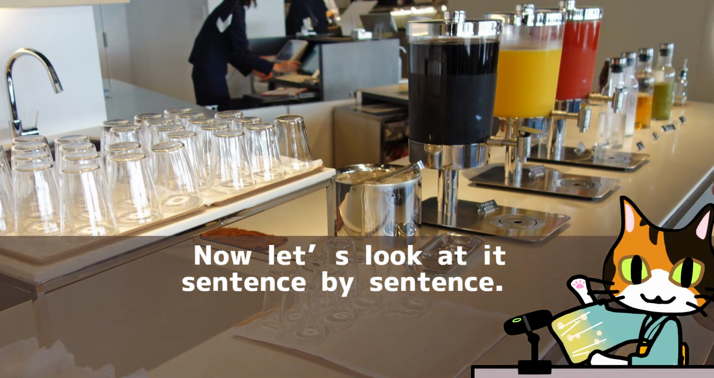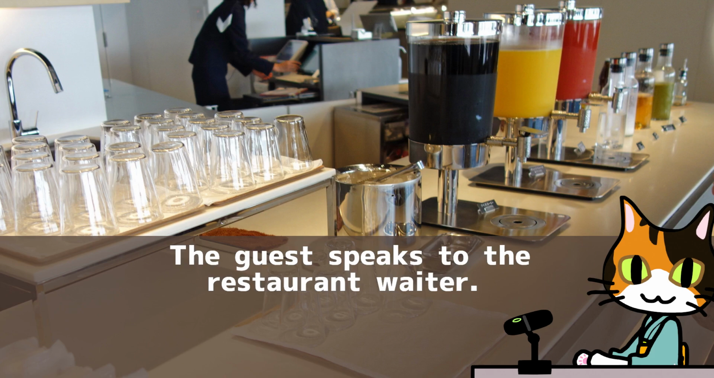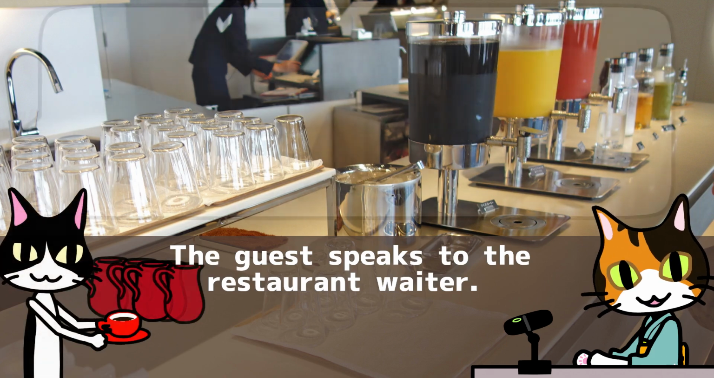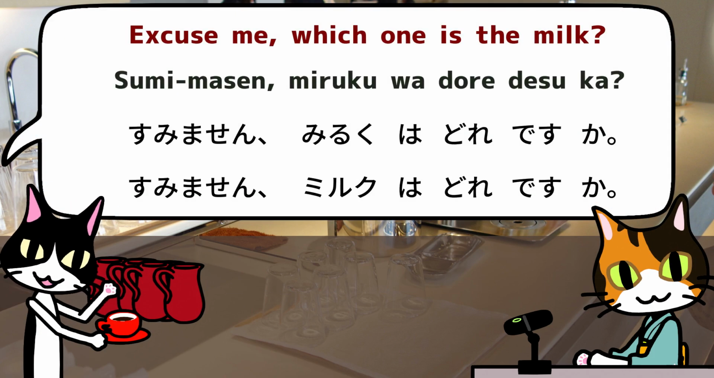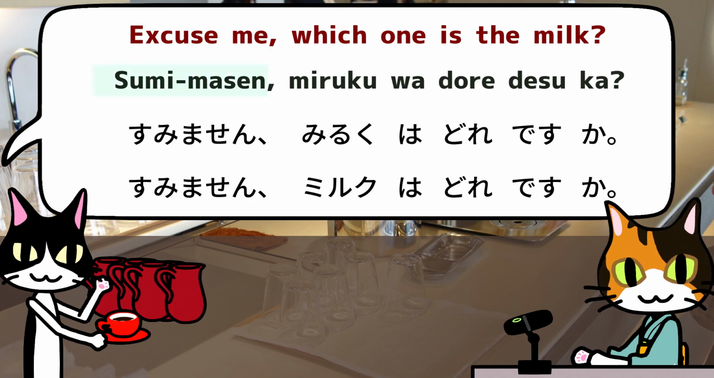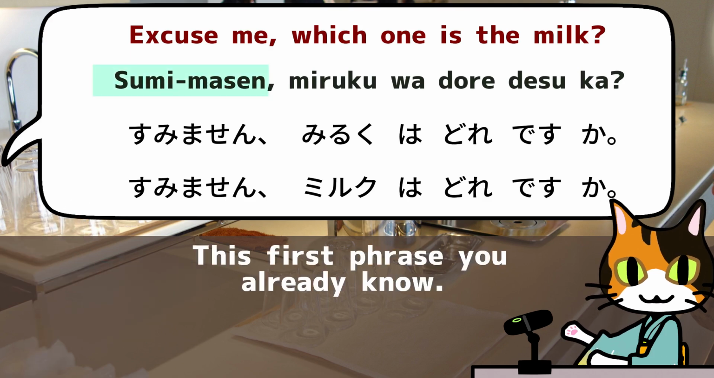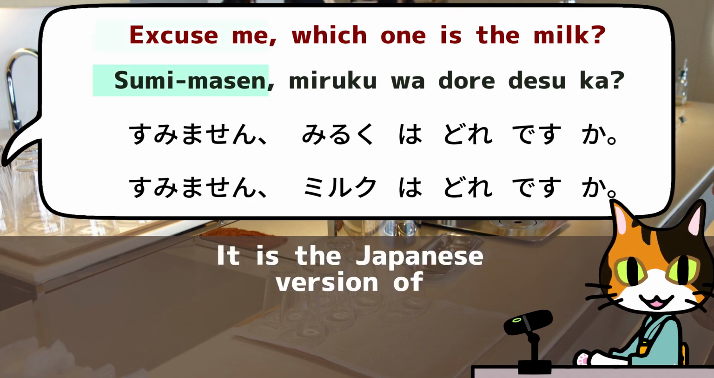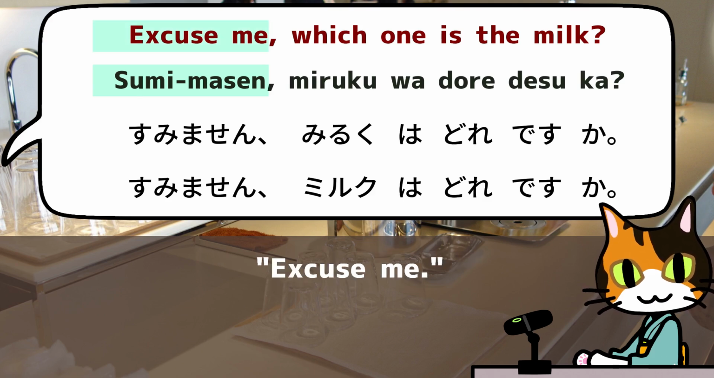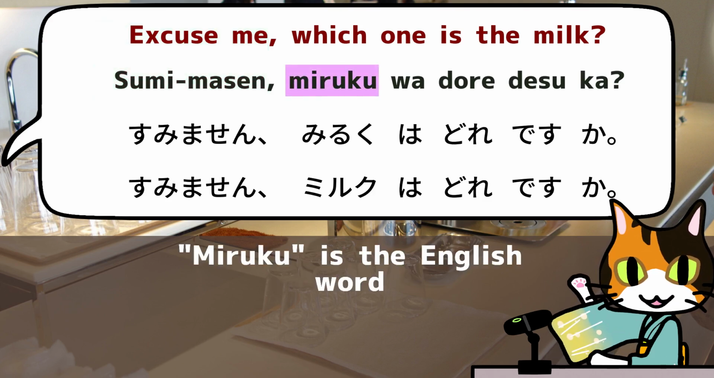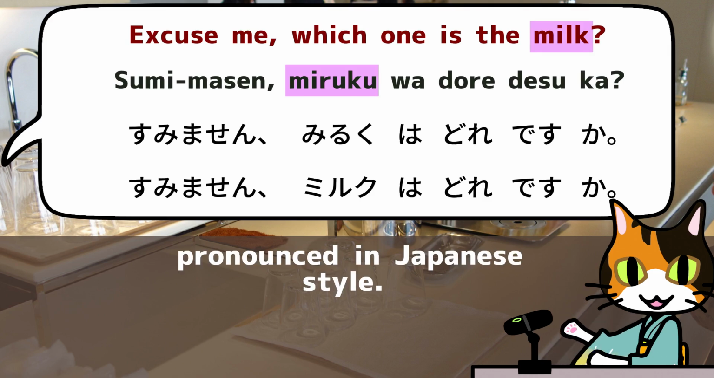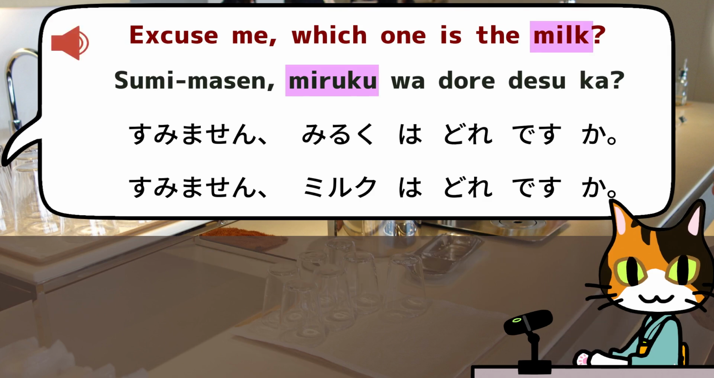Now let's look at it sentence by sentence. The guest speaks to the restaurant waiter. すみません、ミルクはどれですか？ This first phrase you already know. It is the Japanese version of, excuse me. Miruku is the English word, milk, pronounced in Japanese style. ミルク。